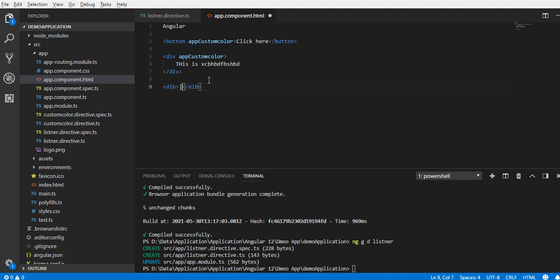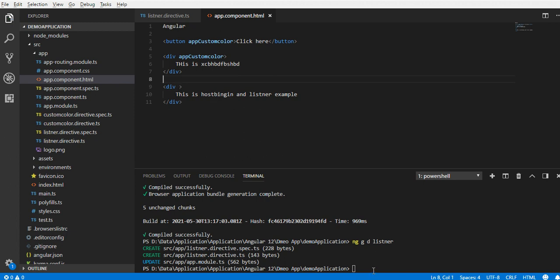Sorry, let's add the div and remove everything, and say this is a HostBinding and HostListener example, and on this div we will attach that particular directive.